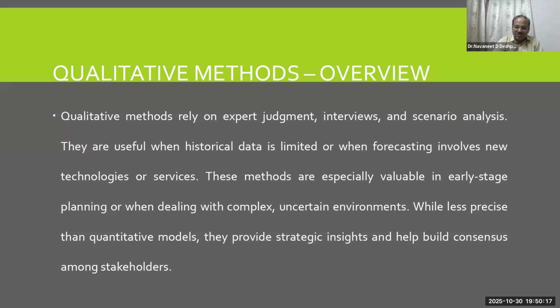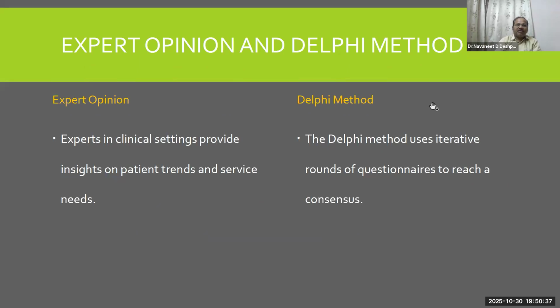So there has to be equal treatment, and there should be a consensus on what their say or opinion is. You have to collect their opinion and feedback, and try to understand what they intend to seek in terms of how well things could be managed. Then comes expert opinion and the Delphi method. Expert opinion is nothing but having some kind of clinical setting, providing insights on how things can be improved, even marginally,